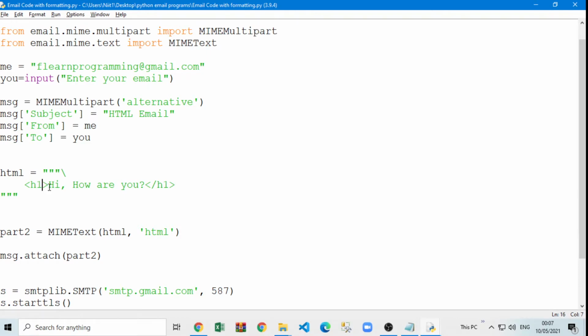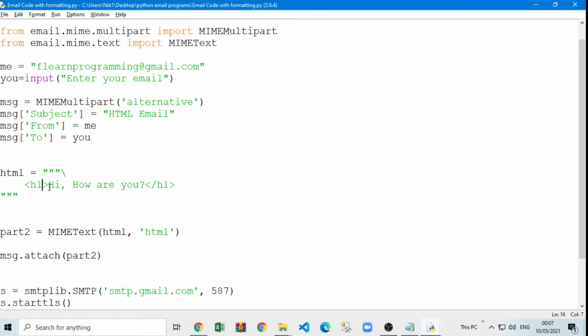If you don't know about HTML, I told you it's a designing language. So using this you can create a nice looking template, complete colorful page, everything. So the email will look different from the normal emails. Okay, and if you want to learn about HTML, you can write in the comment section, as I told in the previous session also. I will create videos for HTML. You can learn website designing also, how to design it. You can create nice looking attractive forms.